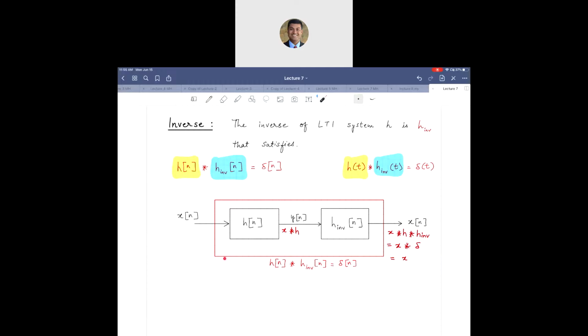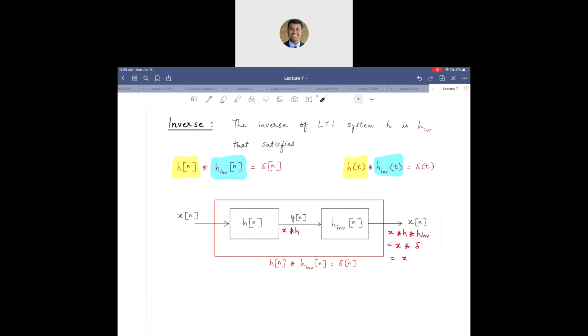Over here, the system transfer function can be written as H of n convolved with H inverse of n. I shouldn't say transfer function. I should say the impulse response of the overall system should be written as H of n convolved with H inverse of n, which is simply delta of n. So